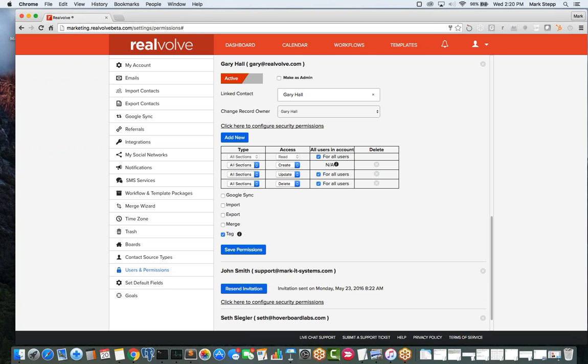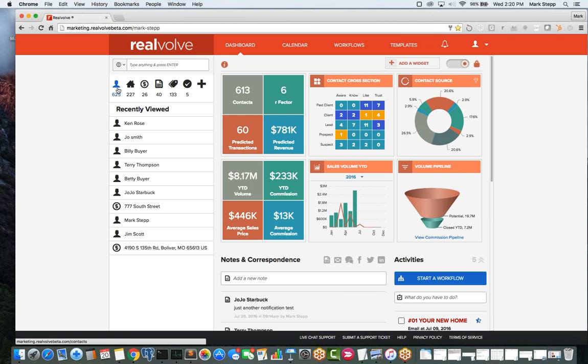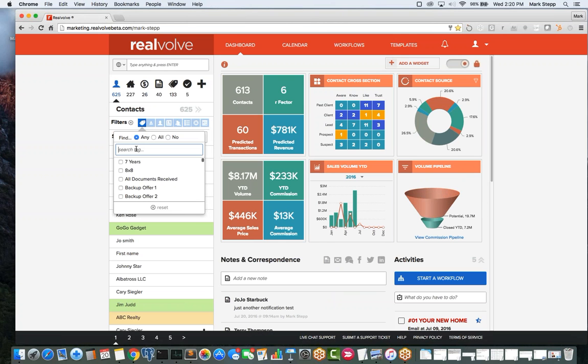Need to make bulk calls. Okay, so if you just need to export to an exported file, let me go over here to dashboard. I think I understand your question now. Sorry about that. Say, for instance, I go into my contacts and I want to make a series of phone calls or whatever. What we can do is pull up everybody that's on my